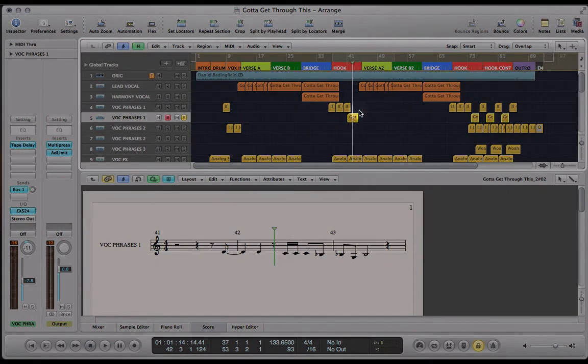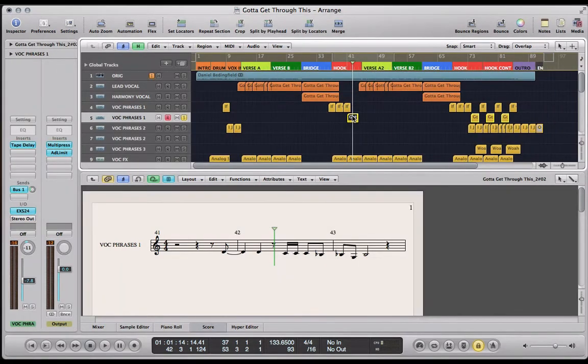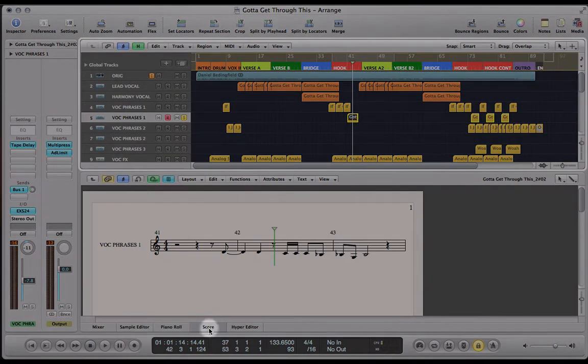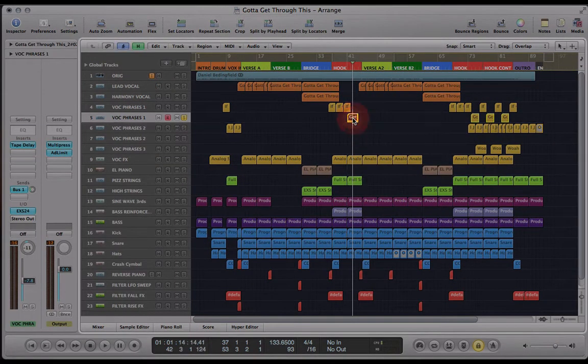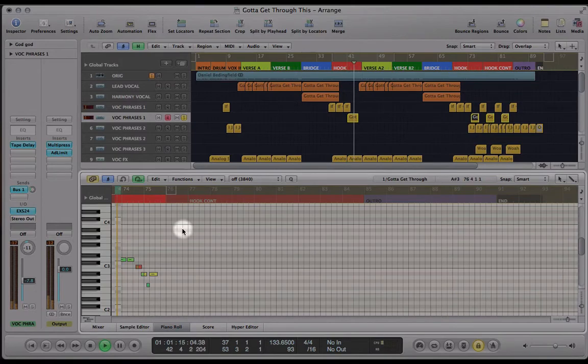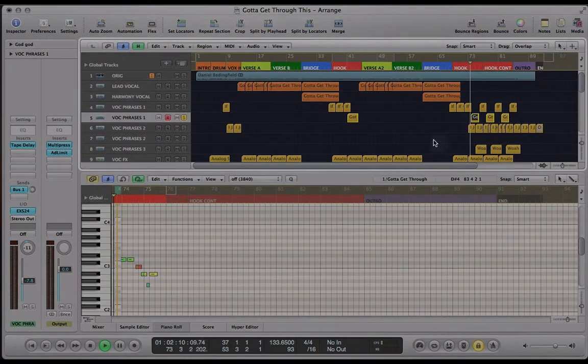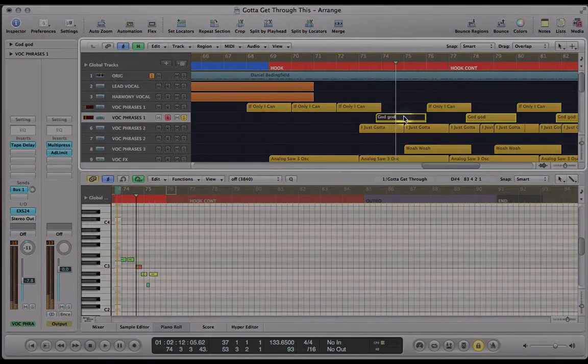So again, once you've got that little simple phrase in, you can copy that from bar 41 to 73. Why is that starting at beat 4? Okay, I've just trimmed the region.